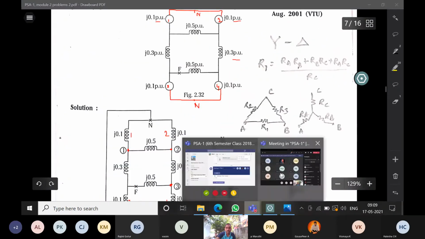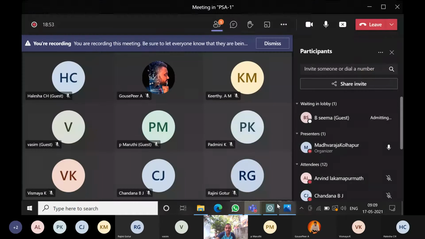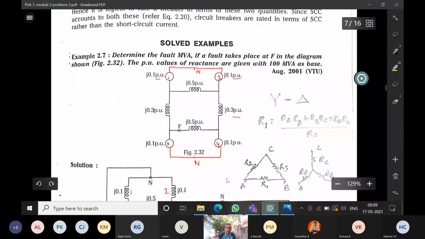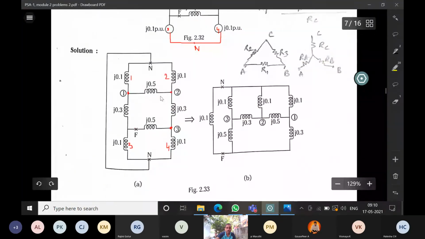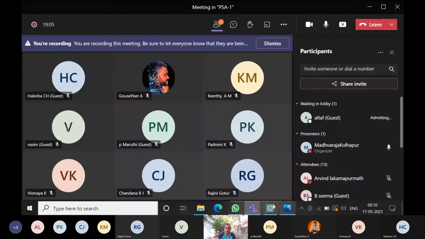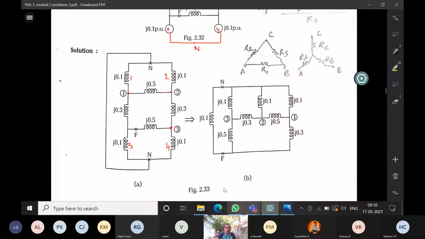Fault point is also mentioned. So I will write the circuit in a horizontal way. I will write 1 2 3 like this, 1 2 and 3,